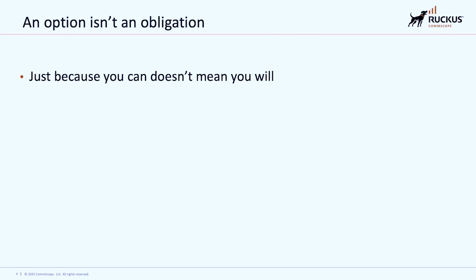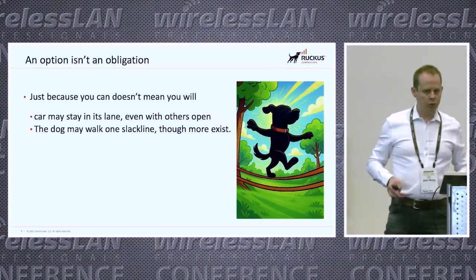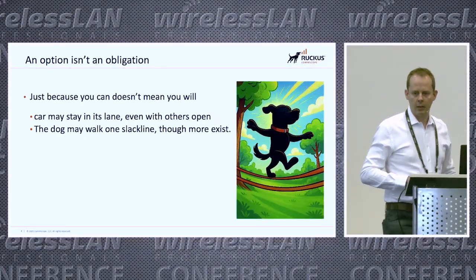I just want to mention again that once you have an option, as a car, to be able to move fast in between the lanes, or like the person who is able to walk on two lines at the same time, it's not because you have the option that you have to use it. And what I mean by that is that the cars might be able to move very fast, and